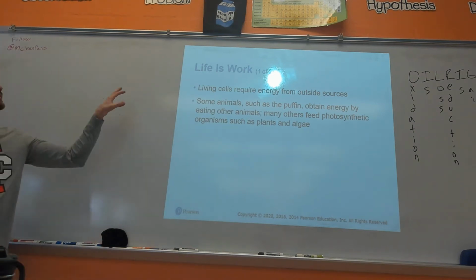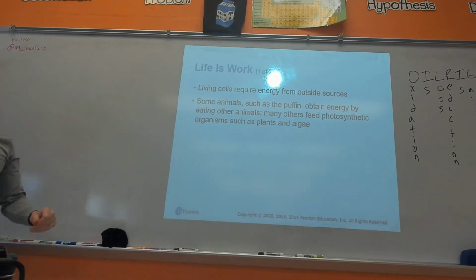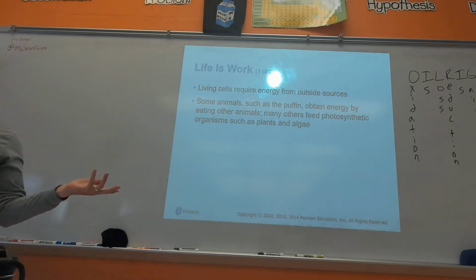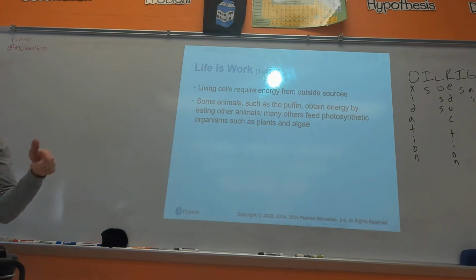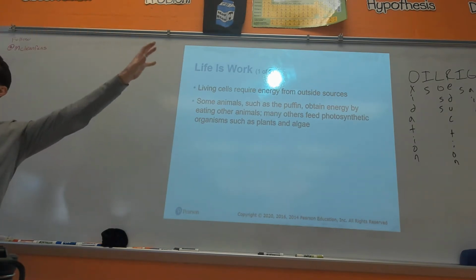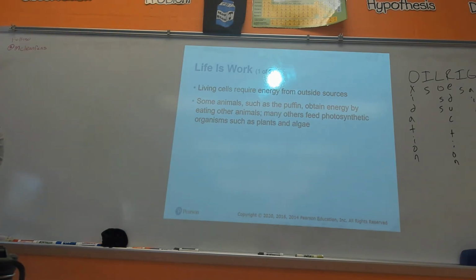So we talked about in chapter 6 basically thermodynamics, right? Talked about this idea of work. And in biology, when we say work, it's the ability to cause change. So life is always changing, right? That is true. There are always these chemical reactions happening, where we had catabolic reactions where you broke things down, and you used the energy from breaking things down to fuel anabolic reactions or to just fuel doing work